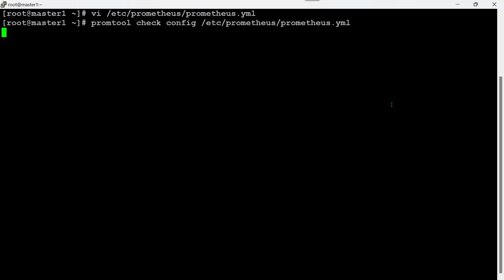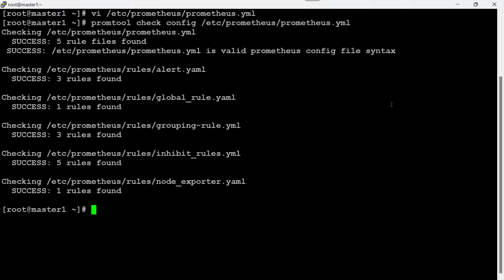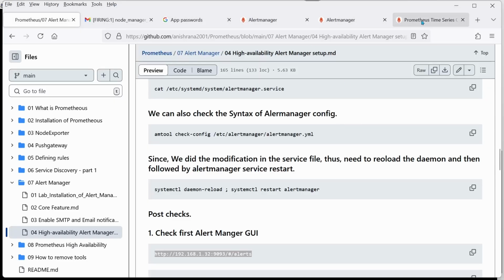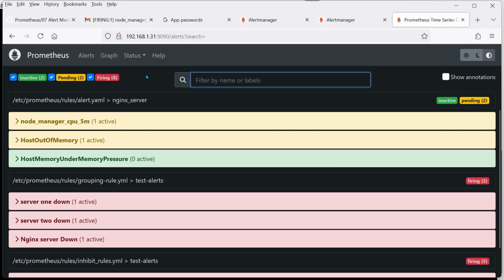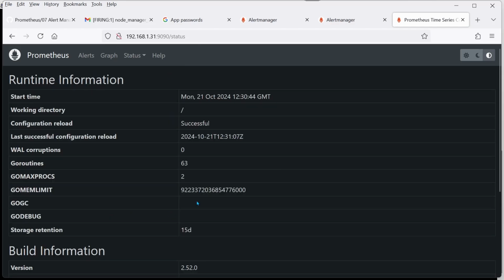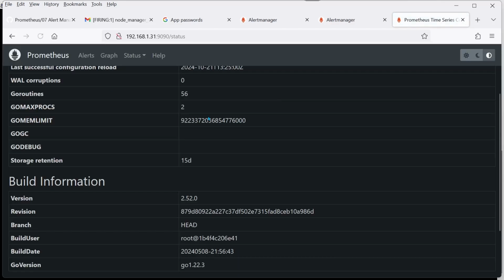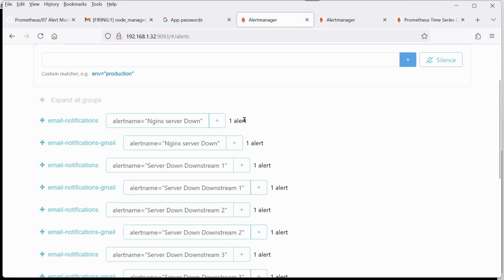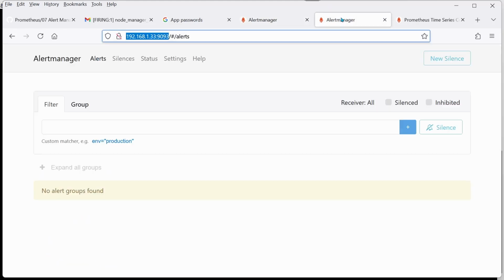Everything looks good here. So let's restart the service, not service, the process of the Prometheus server. And after that, refresh the page. If I click on runtime and build information, I should see two alert managers. This is not the case, so it takes some time. Now you can see that the second alert manager is also showing here. If I refresh, all these alerts are here,